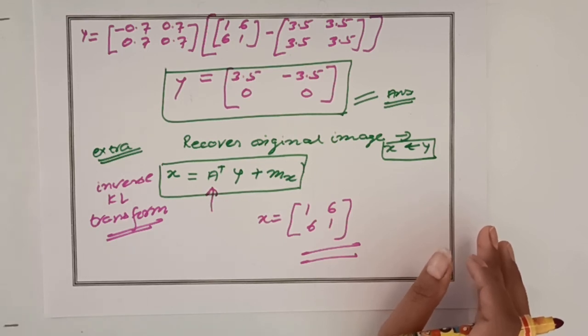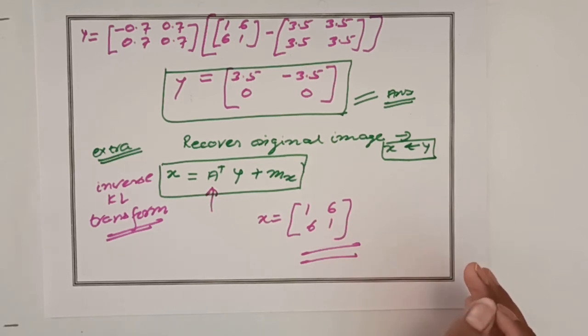So students, in today's lecture, we have solved 5 questions based on the transform, based on covariance, based on eigenvalues, eigenvectors calculation. And all these terms and transforms you have studied in the previous lecture. So if you have any doubt, you can review the previous lectures so that you will be able to solve some more numericals. Thank you so much.